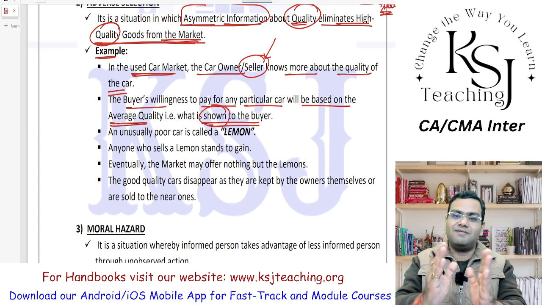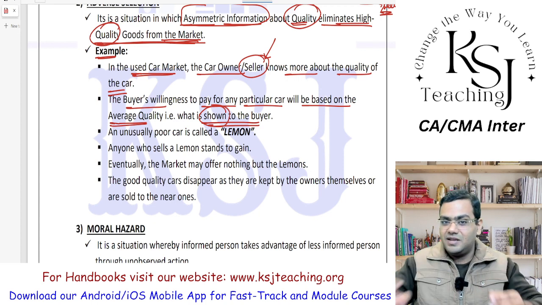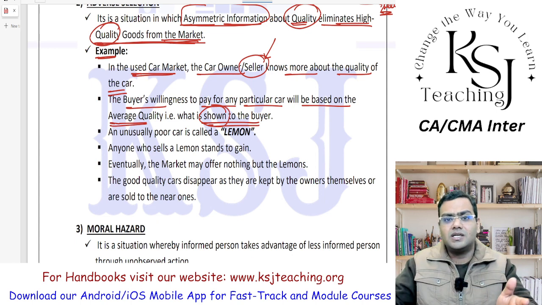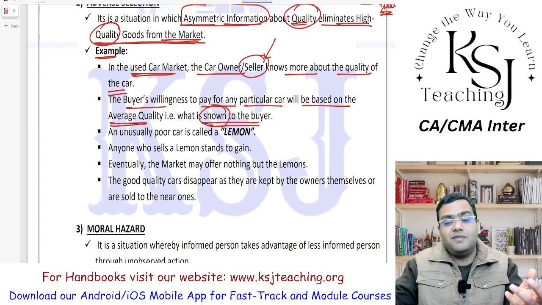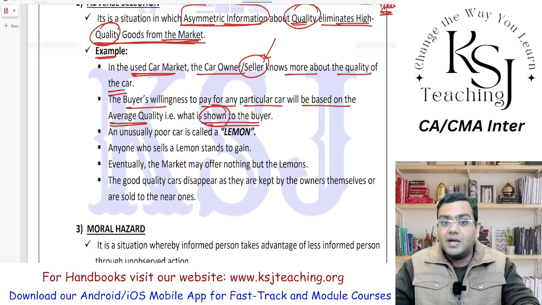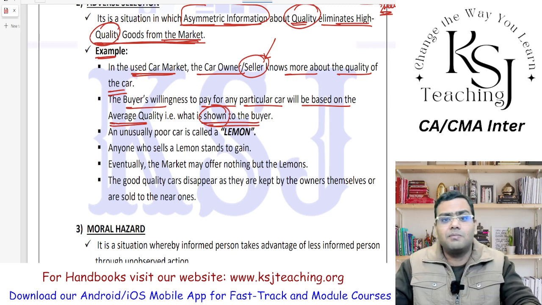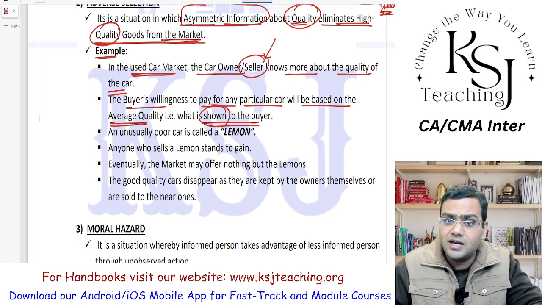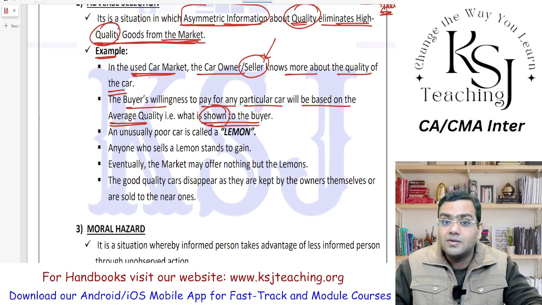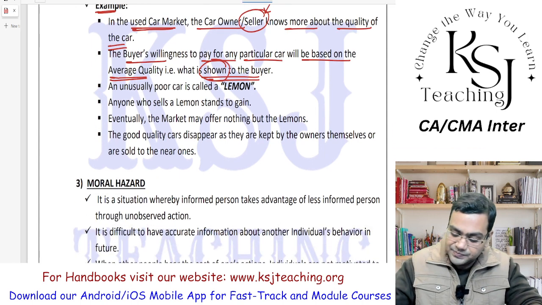Sir, the car is in a very good condition. The seats, see, neat and clean. Absolutely neat and clean car. Outside, no scratches, sir. So the buyer will be very happy. The buyer will say, oh, the car looks good. I'm ready to pay for it. But internally, the engine might not be good. The engine might be in such a bad condition that the car will break down in the next one or two months. But who knows it? Only the seller knows it. The buyer doesn't know about it.